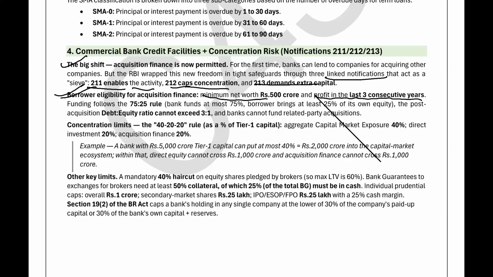It should be, अगर it should come under the category to have eligibility for acquisition finance. Net worth should be rupees 500 crore and consecutive 3 years of profit should be there. Funding follows the 75 is to 25 rule. Banks fund at most 75%, borrowers bring at least 25% of their own equity. The post acquisition debt equity ratio cannot exceed 3 is to 1, and banks cannot fund related party